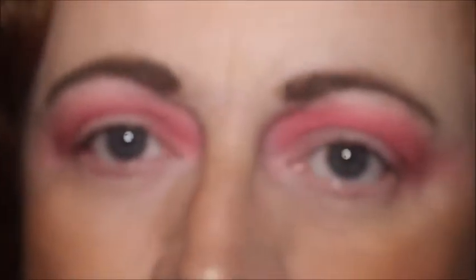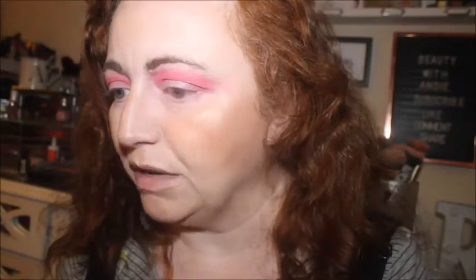I feel like it's blending really well, that Blend and Snap shade anyway. Can't speak for the rest of the shades. I might have to blend it out a little bit more. So for now, for that, we're gonna... Wow, I look like I've got no body. Right, so we're going to put this away for now, and then we're moving on to my other palette where